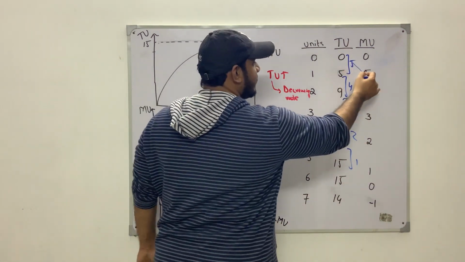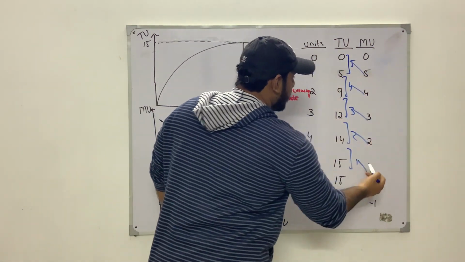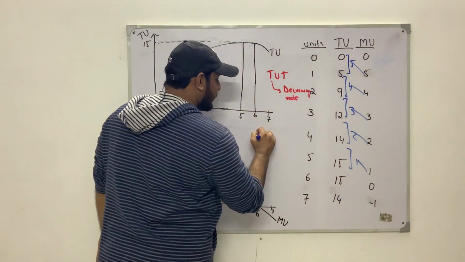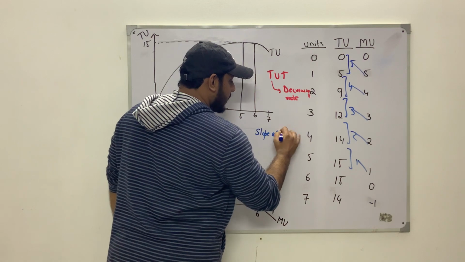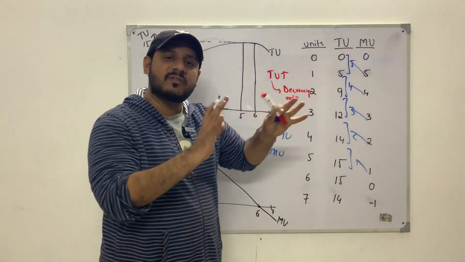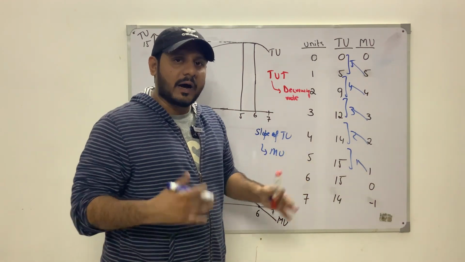And by the way, this is just the marginal utility as well, right? Because the slope of total utility, that is another conclusion, that the slope of total utility is basically the marginal utility, because the marginal utility is measuring the slope of the total utility. Now, how do we calculate the slope?